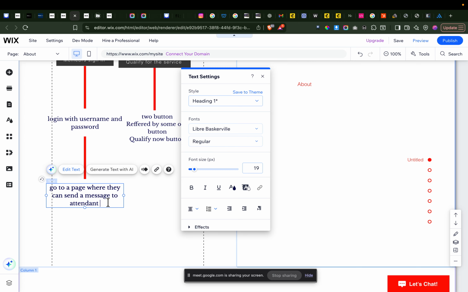There will be 3 attendants, and they can choose from any attendant. So on the website, I can create a section displaying 3 attendants, and under that section there can be a button where they can click and send an email directly to your business email, right? That's correct.